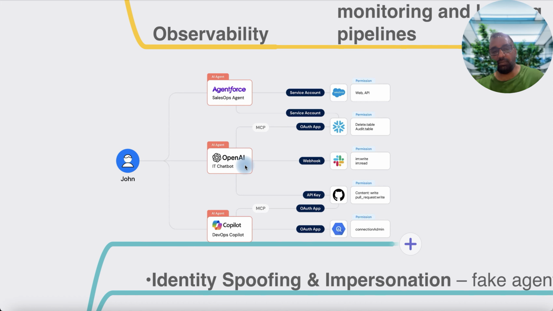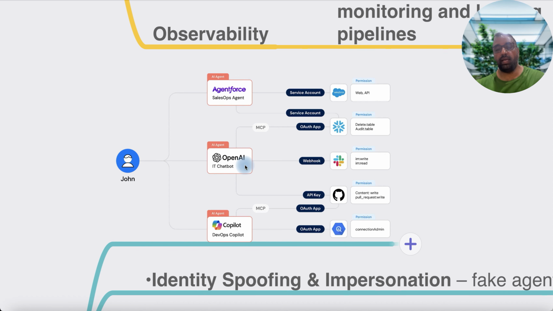Then there's an IT chatbot that's built on OpenAI, and it's interacting with multiple systems, maybe using MCP to get specific reporting or tasks done within external tools like Slack, Snowflake, writing some code or scripts on GitHub,